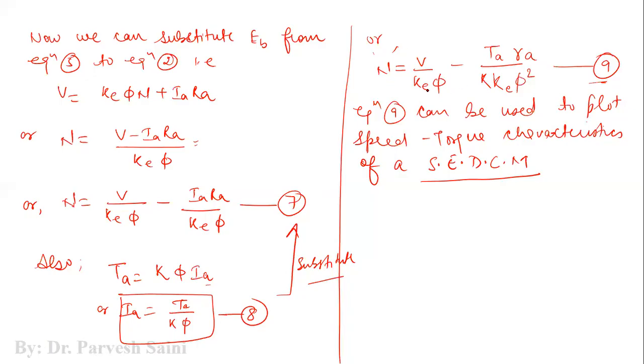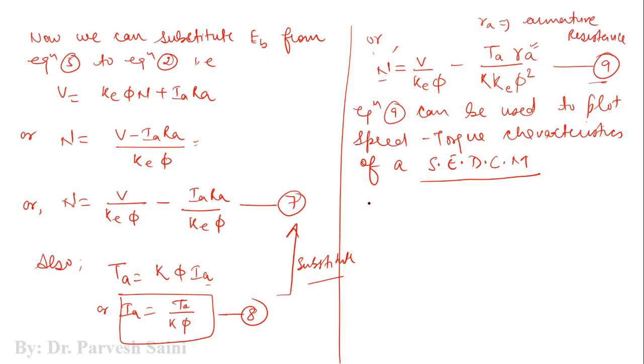Now from equation 9, we can develop the graphical relationship between the speed and the torque by keeping some of the parameters as variable, like voltage. We can vary the applied voltage, and we can see how the speed and torque characteristics are going to change, right? Similarly, we can change the armature resistance. So Ra is nothing but the armature resistance,